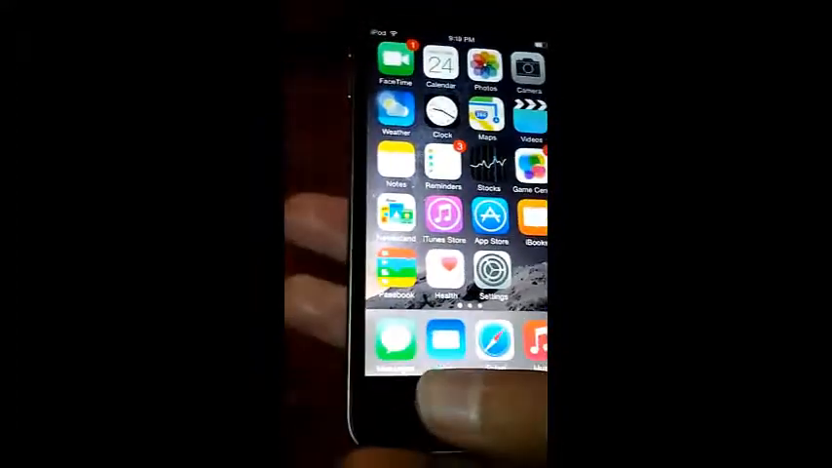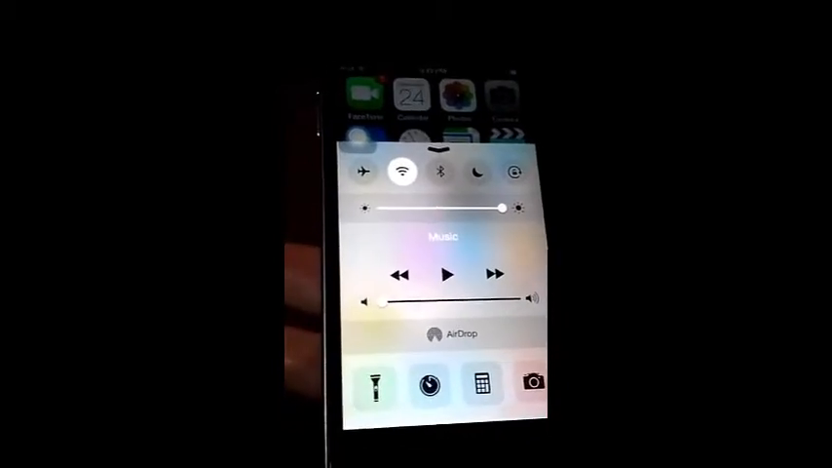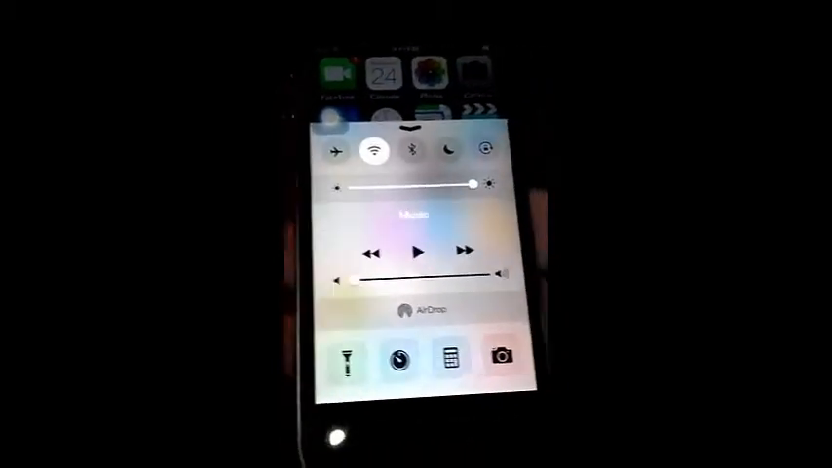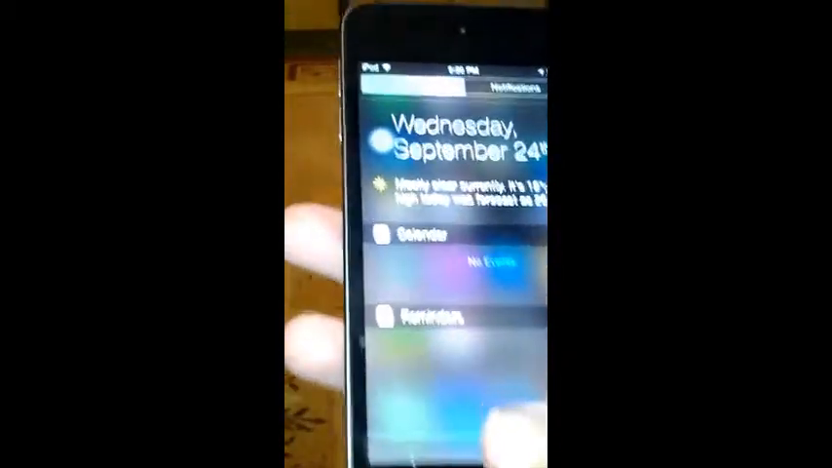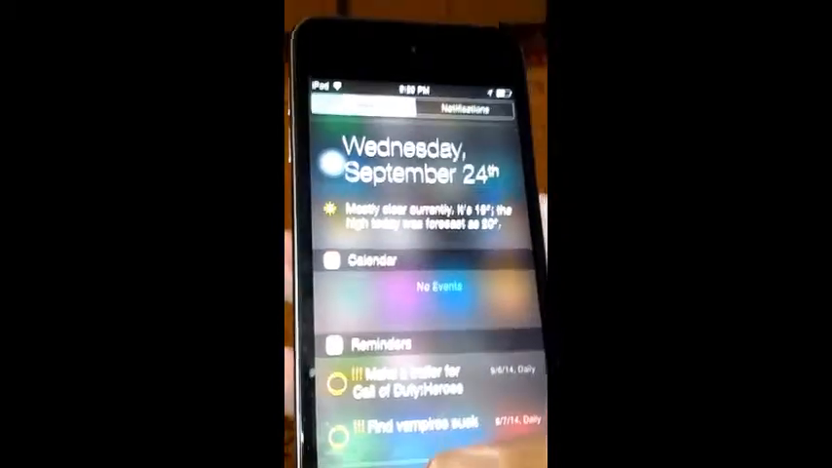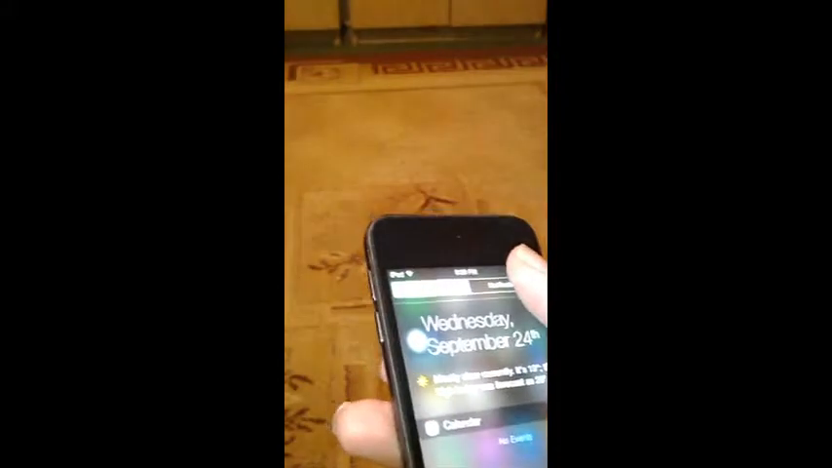I think they made it really cool looking. You can see it's really nice looking control center. And also in the notification center, it's a bit redesigned. The notification center, you can see it's nice. And actually in the notification center,